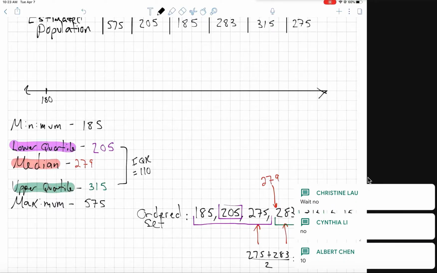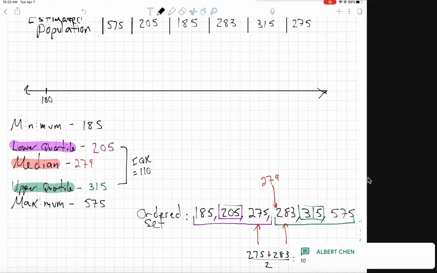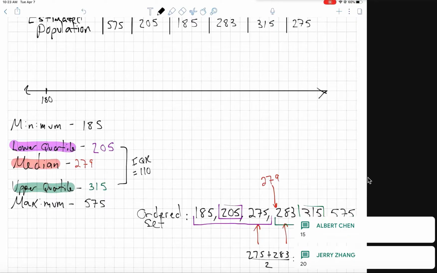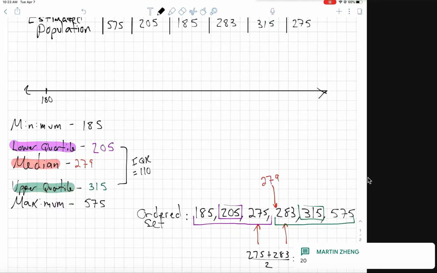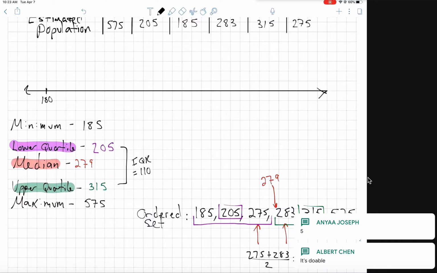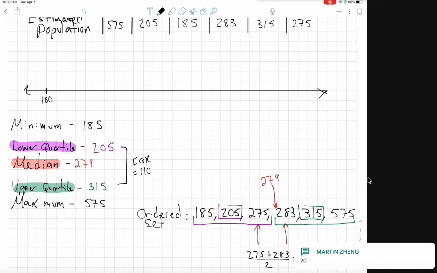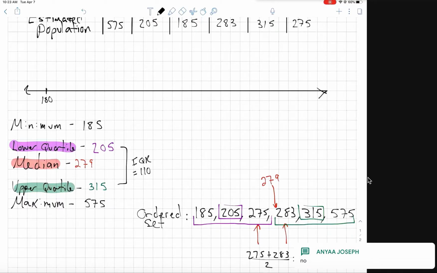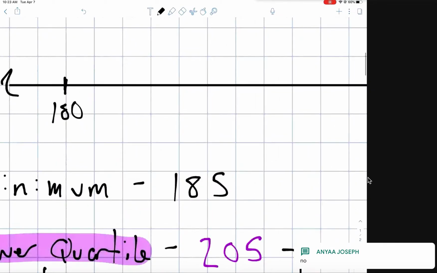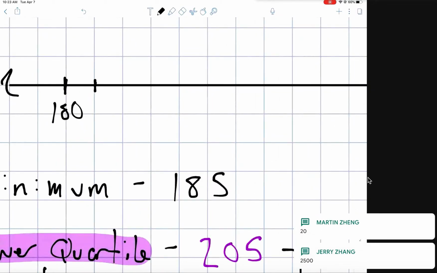So what do you guys think we should go by? 10? Anyone? Any other suggestions? Do you think it's fun to count by 15s, Albert? Anaya, 5. Anaya, again, if it's 5 and I start counting by 5, do you think I'll be able to fit all the way up to 575? No. Right, we're going to run out of space. So I see a lot of people writing 20. We could do 20. 180, 200,